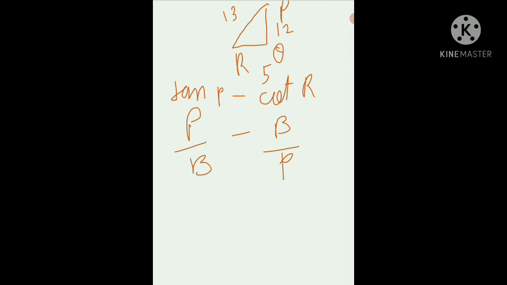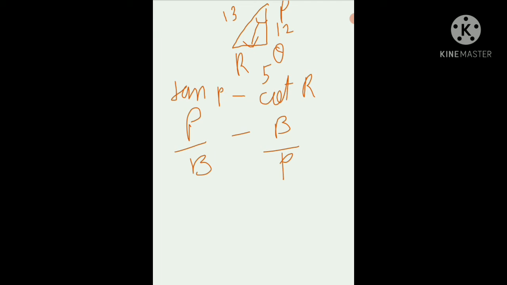So look here, tan P is what? Tan P is perpendicular over base. Okay, now you listen carefully. We have to find tan P. So angle P is forming here, right? Right opposite to this angle is which side? Right opposite to this angle P is this side, yes or no?